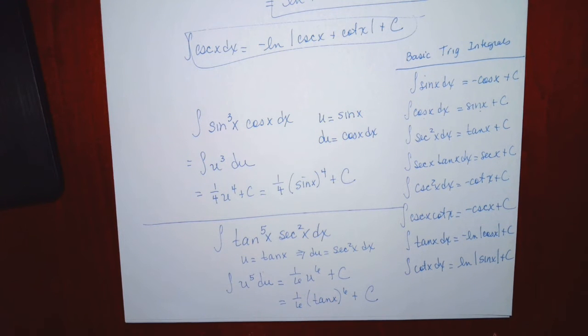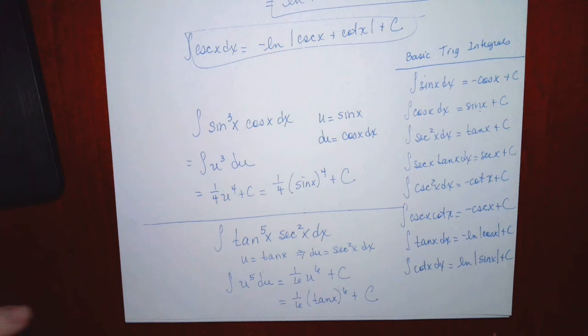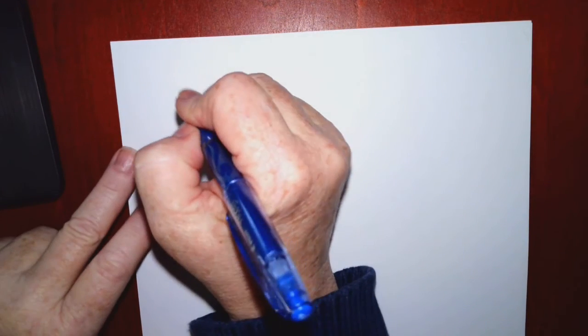Can you do it with just plain old u substitution? Okay. If you can't, then we may have to bring in some trig identities to be able to rewrite it. Now, we've done some trig identity rewrites in the past, but just a reminder, a couple of the trig identities that you're going to need to remember are your Pythagorean identities,